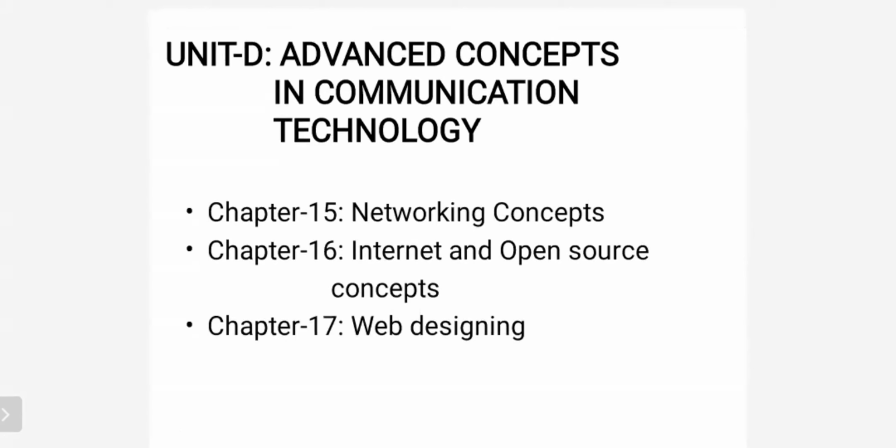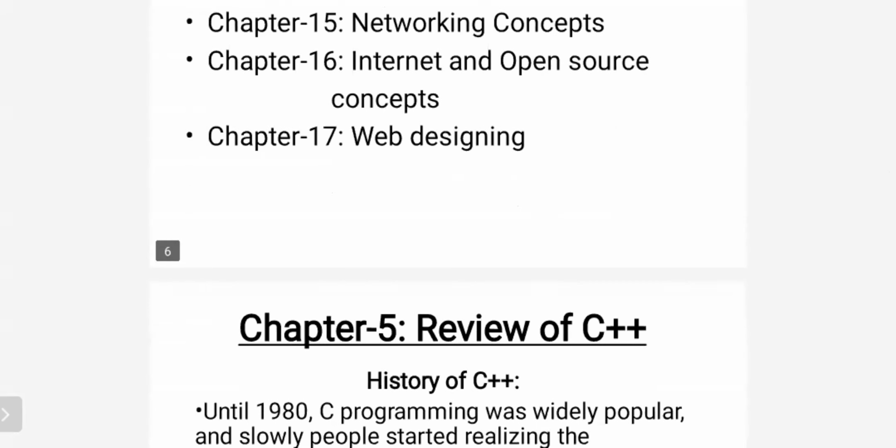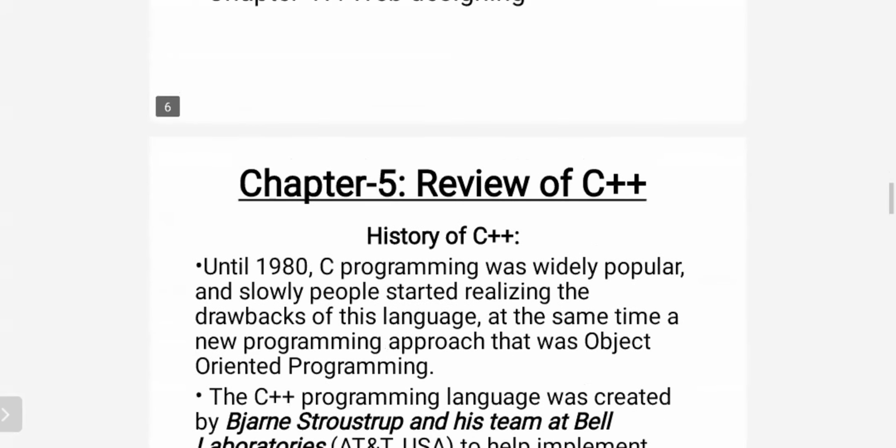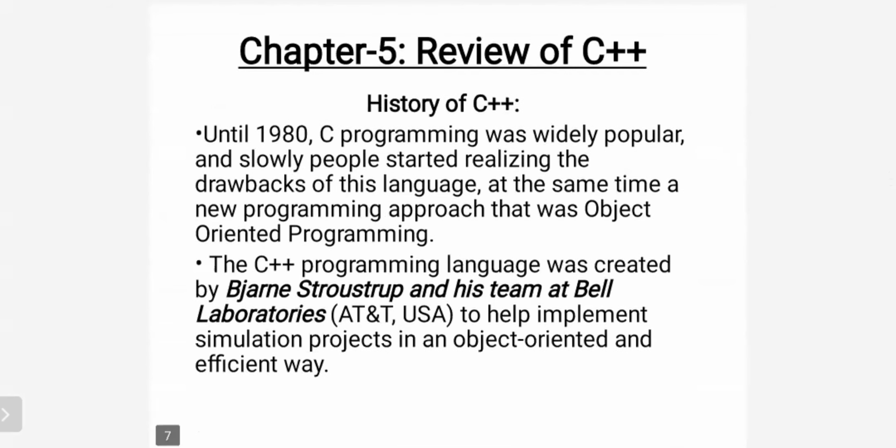That's why we first start the second unit, or unit B, because once the offline classes start, we give practicals from the very first day. So that's why we give the introduction to unit B. In unit B, the first chapter I will take is review of C++. In this review of C++ chapter, what are all the contents we will discuss?